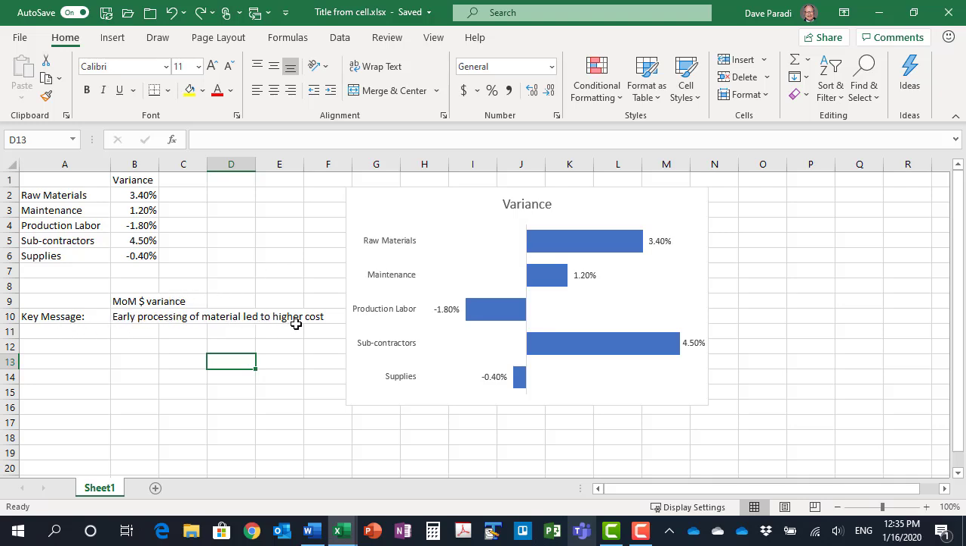It's early processing of material led to higher costs because the greatest variances are in those two areas that deal with and process the materials. So if we wanted to change that message each month, because the results change every month, instead of typing that in on our chart every single month, we can set up a chart that draws from the data, so it automatically is going to change when the data updates, but it can also draw this